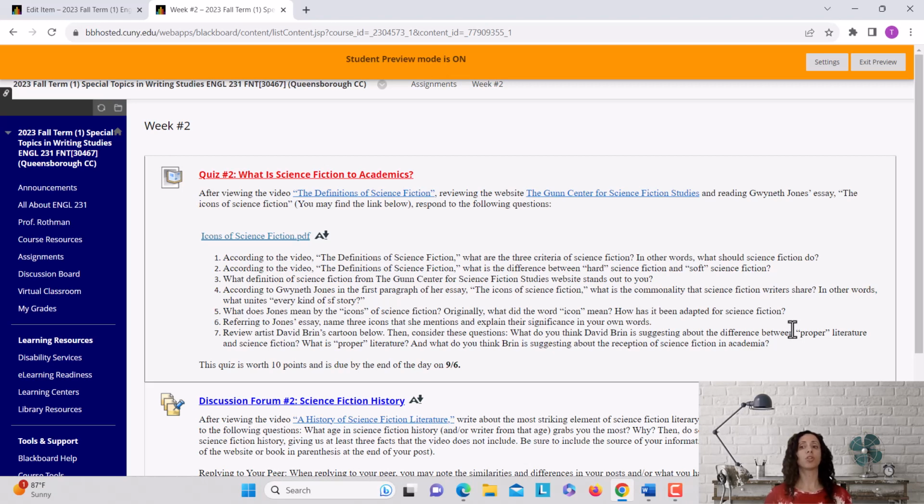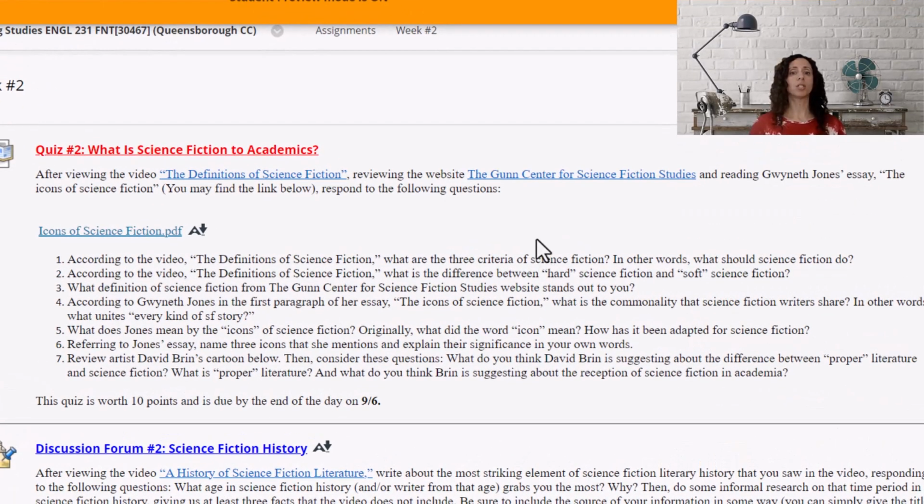reading Gwyneth Jones's essay, The Icons of Science Fiction, which you'll find the link below, respond to the following questions. 1, according to the video, The Definitions of Science Fiction, what are the 3 criteria of science fiction? In other words, what should science fiction do? 2, according to the video, The Definitions of Science Fiction, what is the difference between hard science fiction and soft science fiction? 3, what definition of science fiction from the Gunn Center for Science Fiction Studies website stands out to